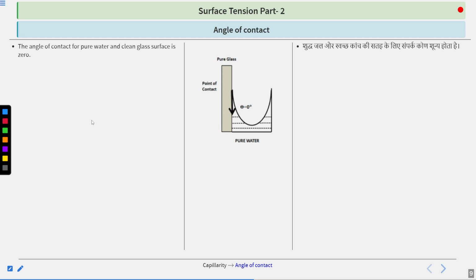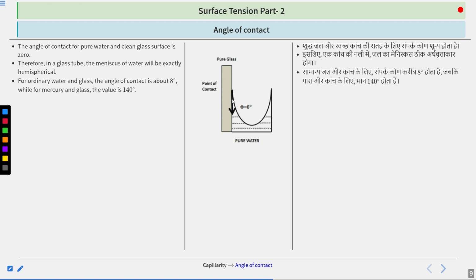The angle of contact for pure water and clean glass surface is 0. Therefore, in a glass tube, the meniscus of water will be exactly hemispherical. Here you can see this is hemispherical. For ordinary water and glass, the angle of contact is about 8 degrees, while for mercury and glass, the value